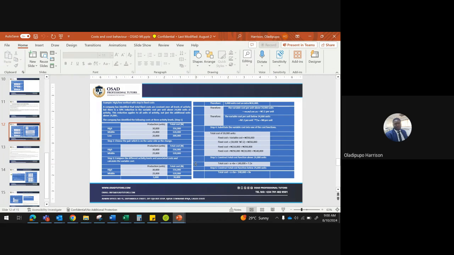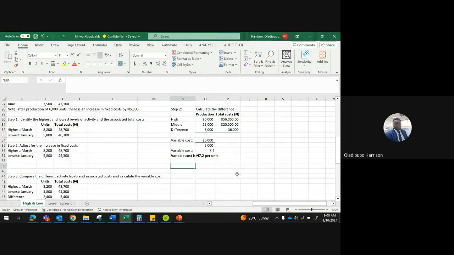Let me put it as this. The implication of this is all of these are above 24,000 units. So this variable cost is discounted. I would like to use the word discounted. Now, to get the original variable cost, you have to do some work back. So that work back will basically be, we've said maybe 10% of something is